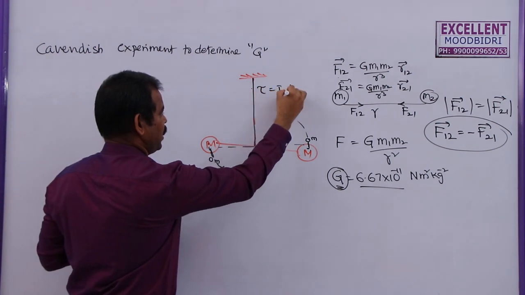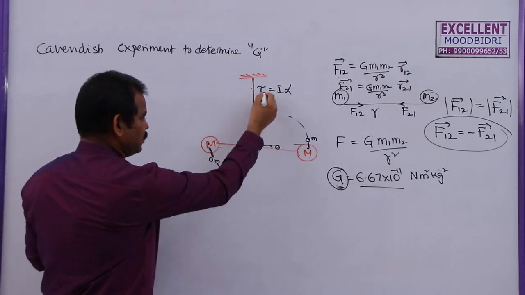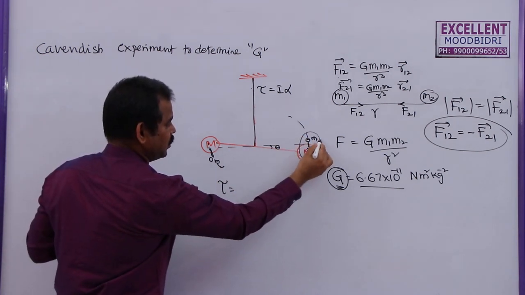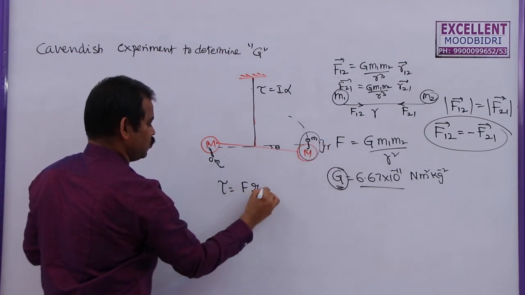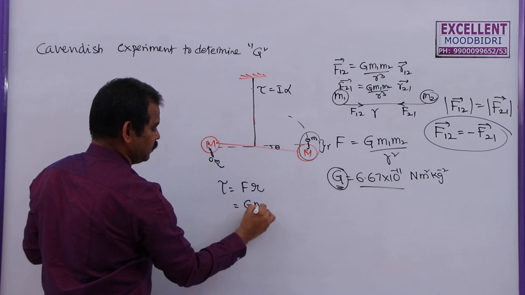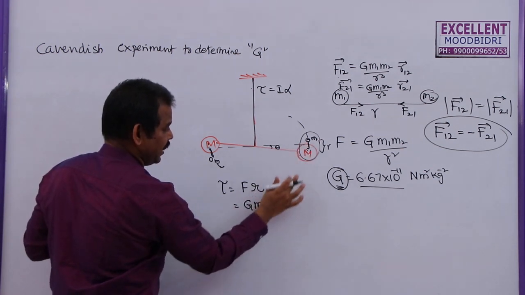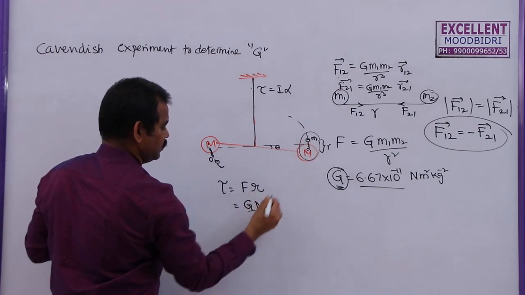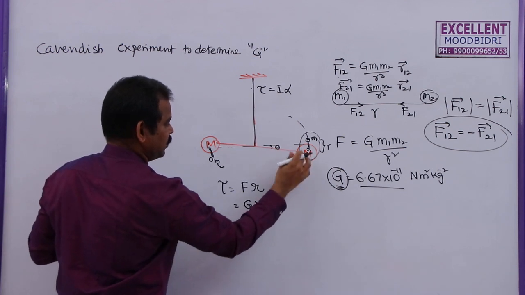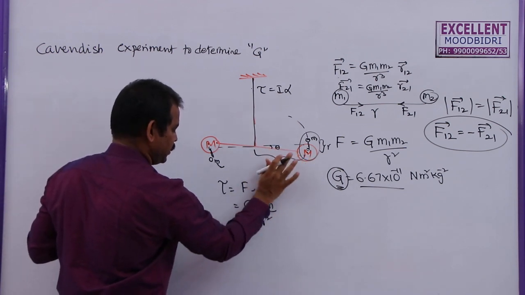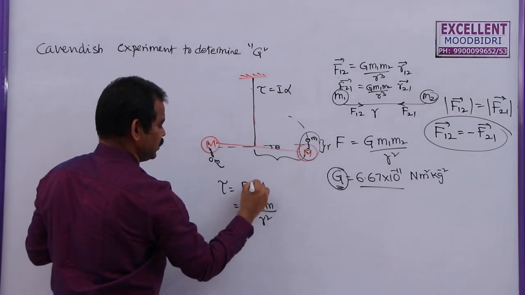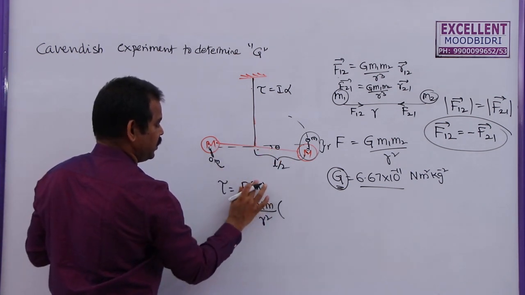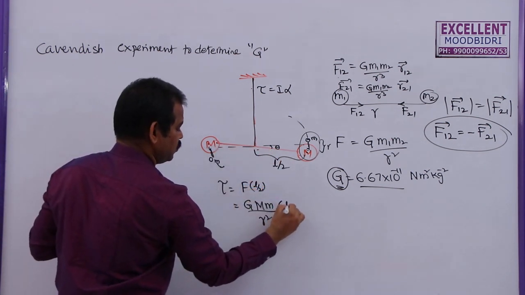The torque tau is given by I alpha. So what is the torque? Torque is the product of the force between these two and the distance. Let us say the distance between these two is R. So this is F into X, where F is equal to G M m by R square. The distance from here to here, let me take as X, because I already denoted R. Let us say this is half of the length of the rod, so L by 2, total length L.